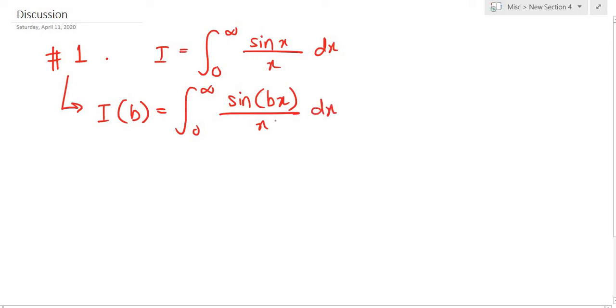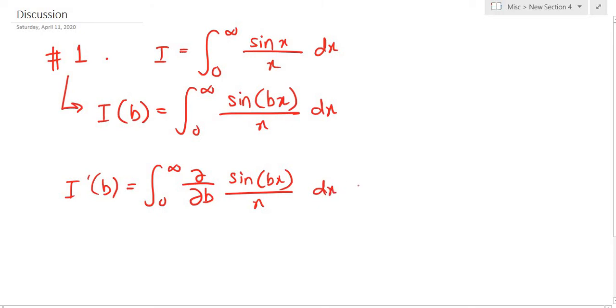Now say we didn't know that this thing didn't work. What would we do? We would perform a differentiation with respect to b, just like any ordinary integral that we evaluate using Leibniz rule or Feynman's integration technique. We would obtain I prime of b being equal to the integral from 0 to infinity of the partial derivative with respect to b of sine of b times x over x dx, and that would be the integral from 0 to infinity of,